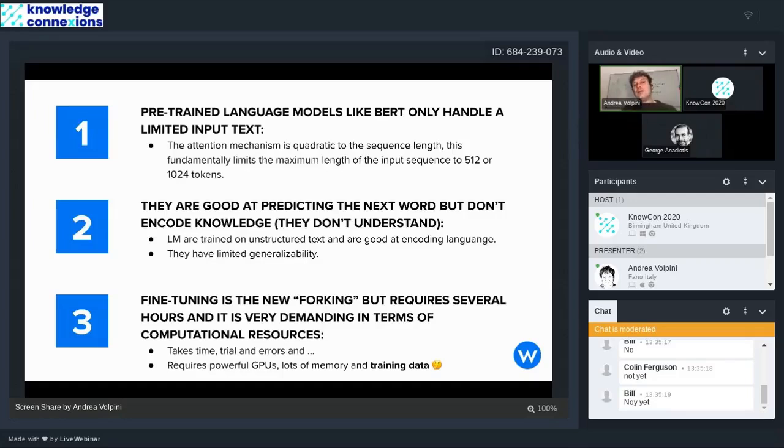They are also limited in terms of generalizability. What does it mean? I mean that it's very hard to generalize a language model. So if we want to get a good result for a specific content, we might need to train them or to fine tune it. Now, fine tune it means that I can use whatever language model has been pre-trained, but